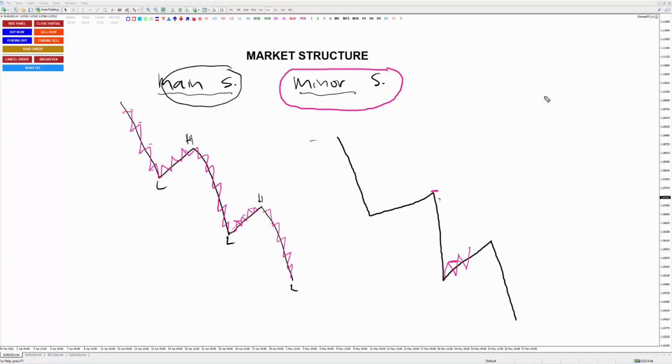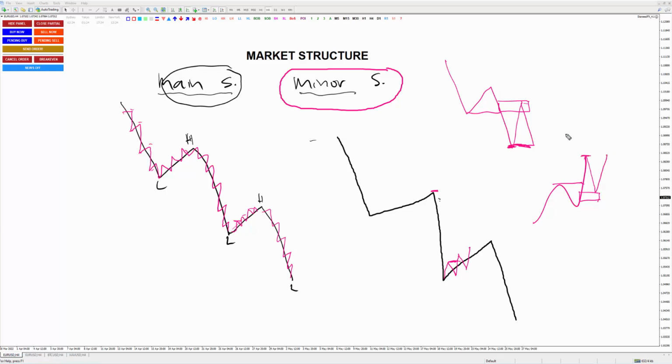Like I said in many videos, I'm sure if you have been within the community, you know that if there is a break of structure, where is your target? Your target is the last low. Look left. So this is the left side, the last low, right? And here is your take profit target if you enter from here. Now, if it is a break above, where is your take profit target? When the price comes back here, taking your order block, look left and you aim for the last high. So you can take profit over there.